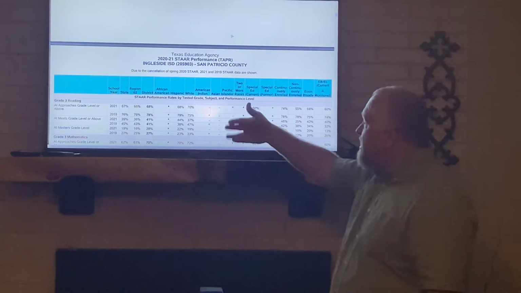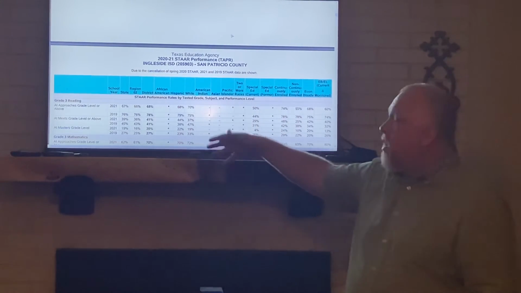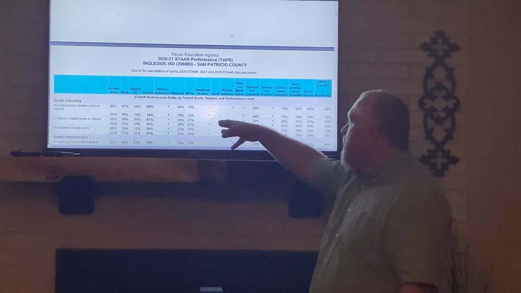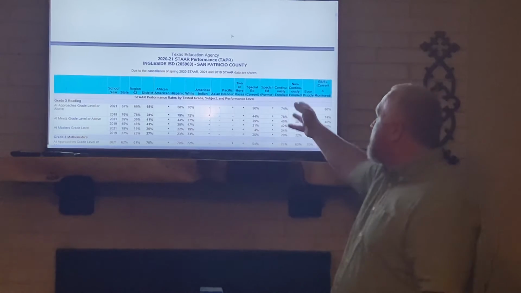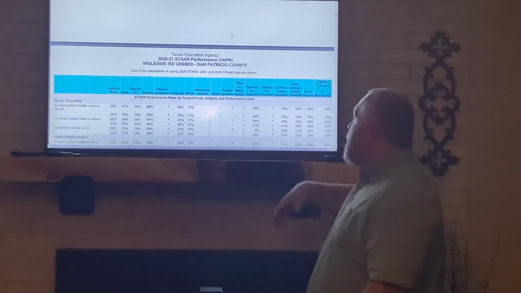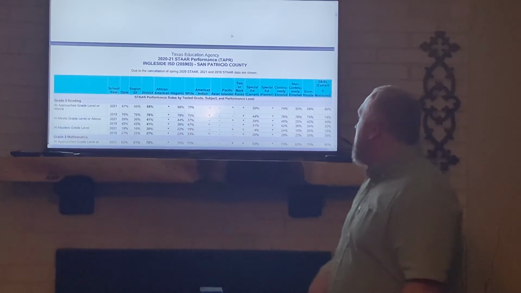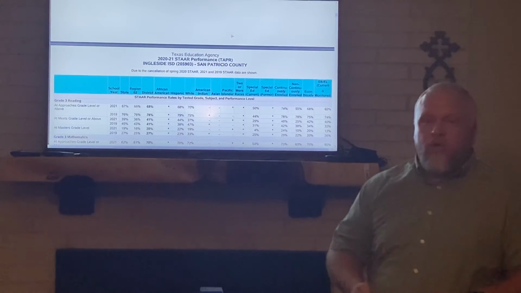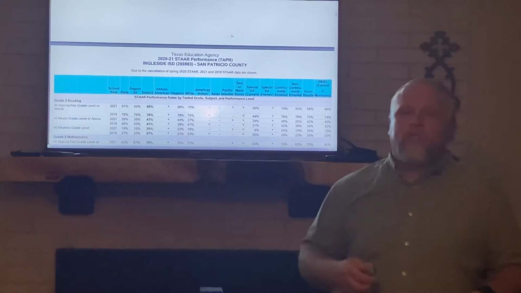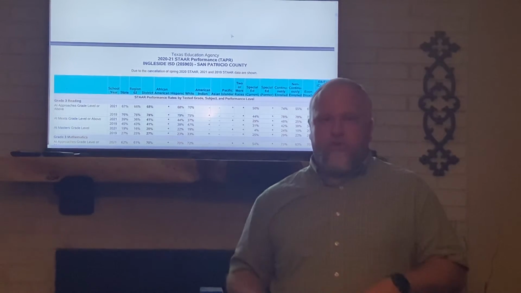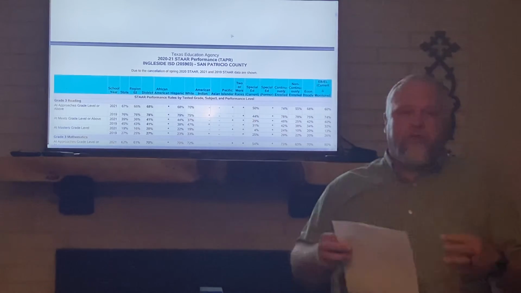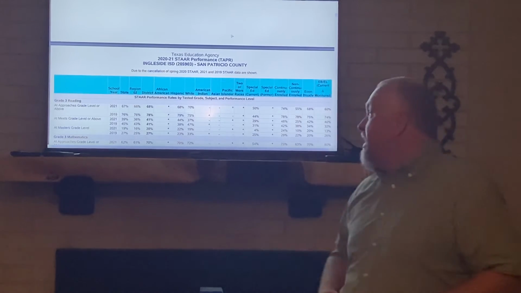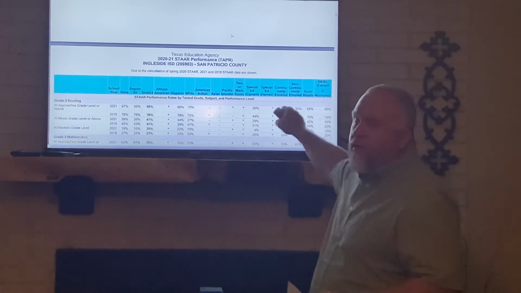You're going to see what the state scores were, what the region scores were, which is Region 2, and then what our district scores were. It's going to break it down into your different ethnic groups: African American, Hispanic, White, American Indian, Asian, Pacific Islander, and two or more races. Furthermore, it's going to show you your special ed populations, your continuously enrolled, non-continuously enrolled, and your economically disadvantaged. There's a wealth of data here, and this is great when you start looking at your different groups, where as a district you can look to close those gaps and focus your attention on those populations that are not doing as well as they should. So that's across the top of the TAPR report.